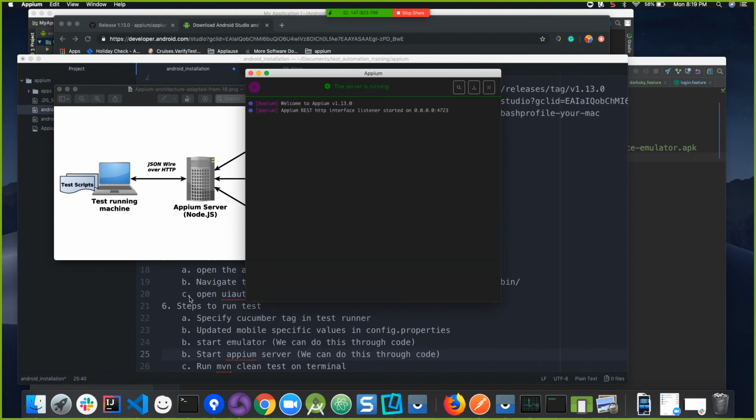Remember, we didn't do this yet, but when we do REST API, we're going to do something similar, where we will create our own server and then run it and do the API testing. So think of this as an API, right? This is a service running at this URL, which is 0.0.0.0:4723. What 0.0.0.0 means is localhost. It's from your own machine, right? So now when you have this port open and we specify this port in our code,